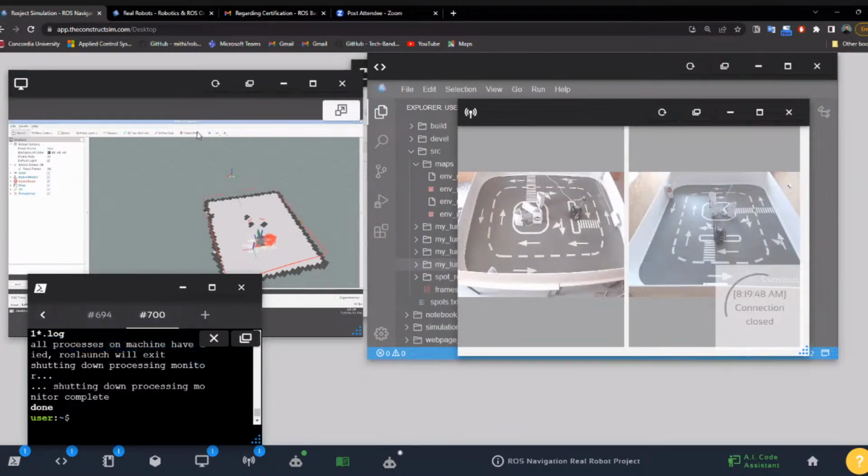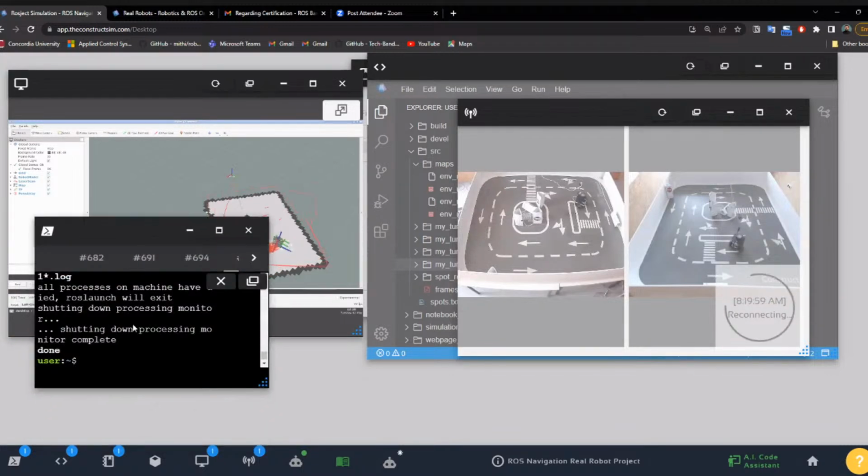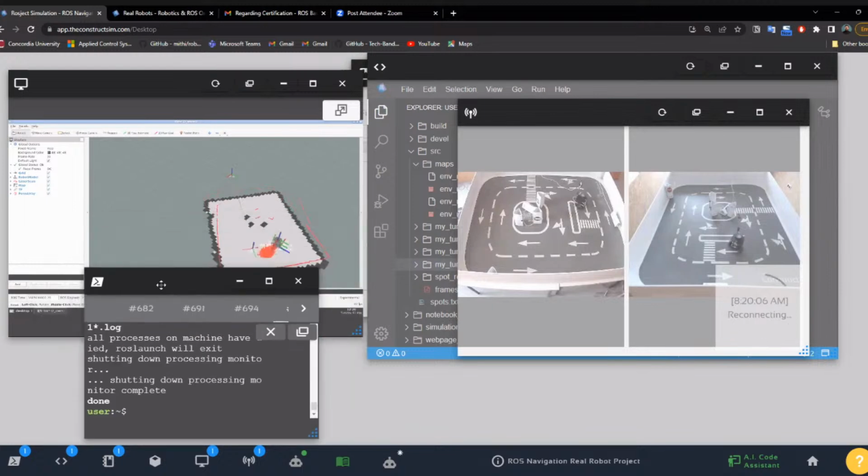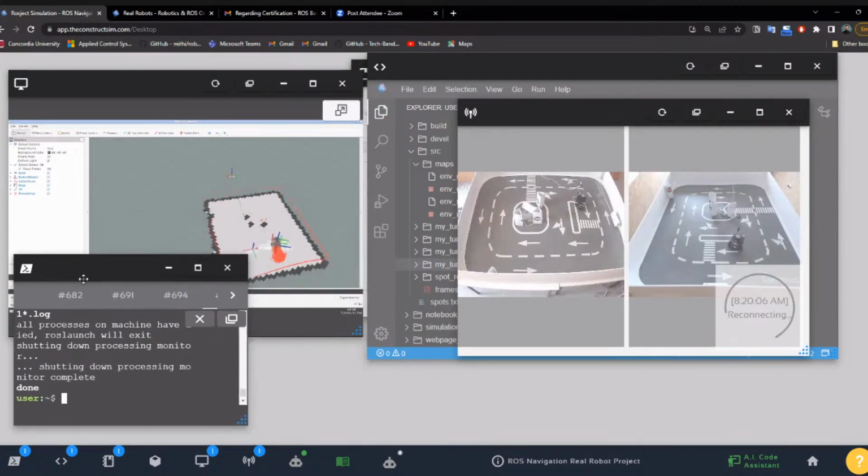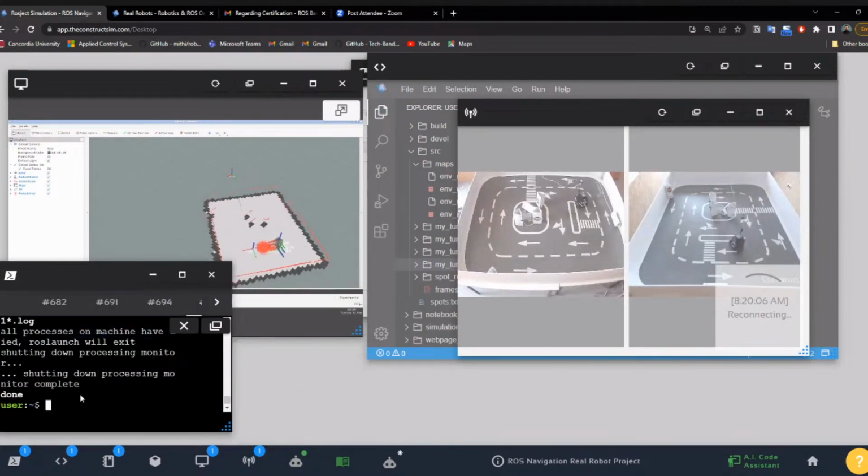Can you show us now your service server that you told us about? You want me to run the service server? Well, now we know that your navigation works, which is great. Yeah, I can pull up a service server. I made my entire service server in C++. It's called